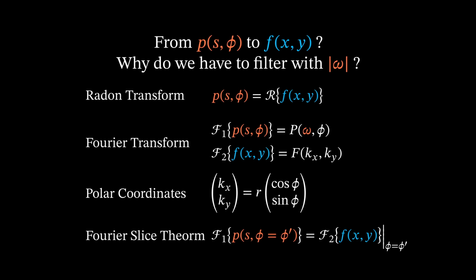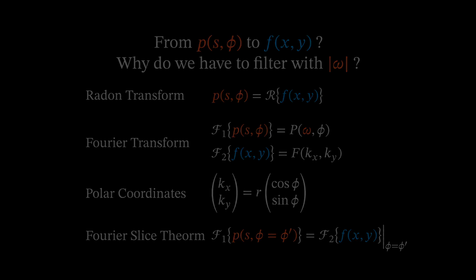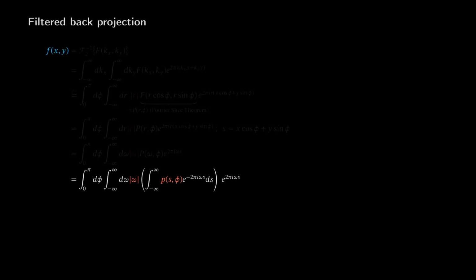Step by step, we will now walk through this derivation for the formula of the filtered back projection. We start with f of x and y on the left side, and when we have a first glance at the result on the right side, we can see indeed that the back projection formula contains the projection function and our famous modulus omega. As already mentioned, one ingredient of our proof is the 2D Fourier transform of the object function f,